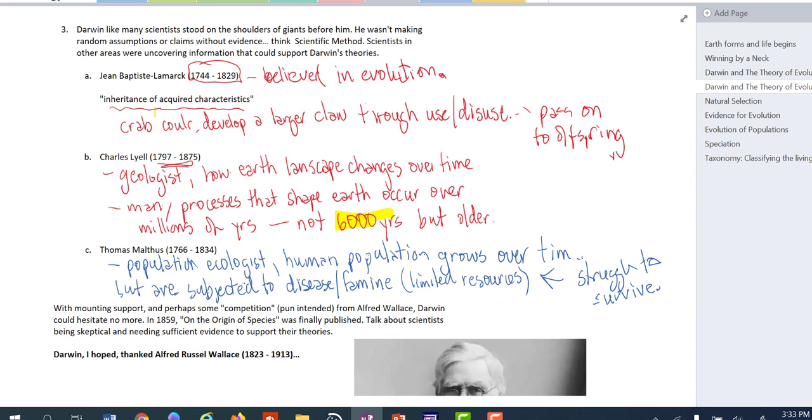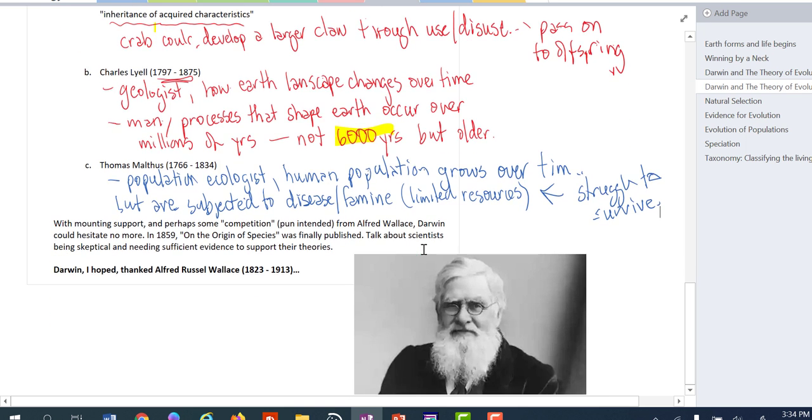And this is where we most commonly think of survival of the fittest. And Darwin didn't really ever coin this phrase, to my knowledge, I don't think, but it's inherent in this idea, or in the reality, that any organism has limited resources. And so when we consider not just an organism, but a population of organisms, say a population of deer or a population of wolves or a population of people, when you have limited resources, there's going to be a struggle to survive and a struggle to exist. And this could pave the way for evolution by natural selection, in which only those best fit survive and pass their traits on.